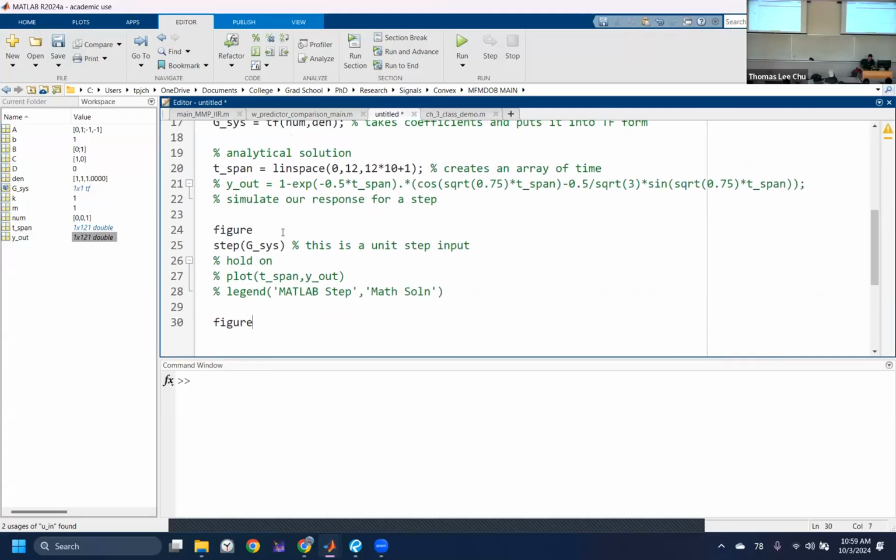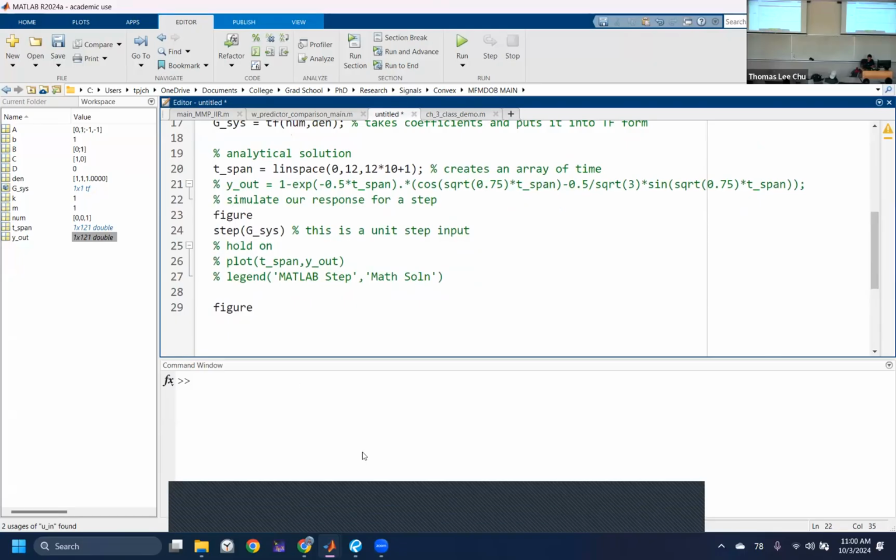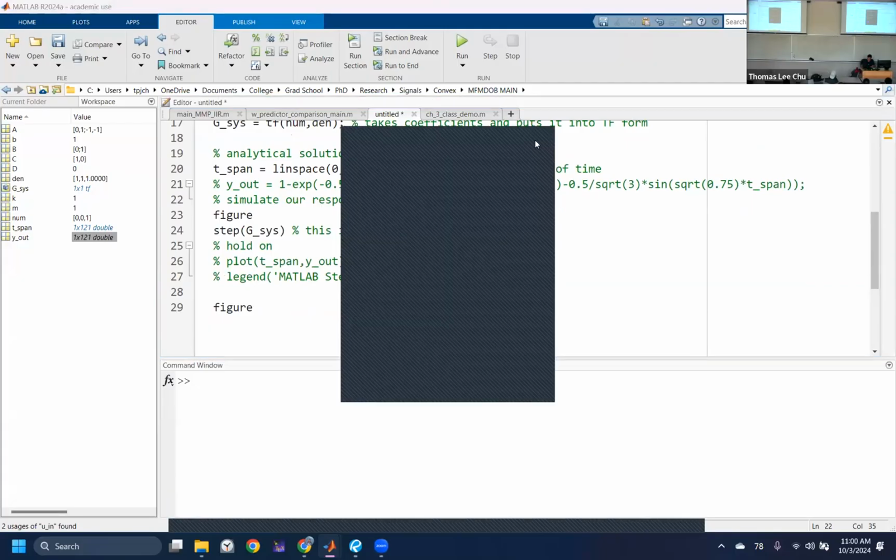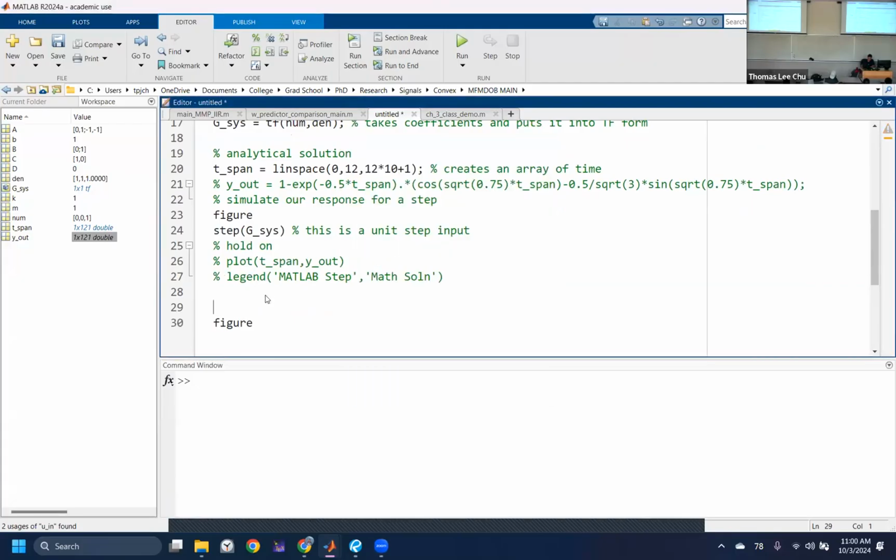Let's say instead of if I give you an input and you need to simulate, let's see. That's just your strike number 1. Yeah, 3 strikes, I'm out. Someone else can teach. So